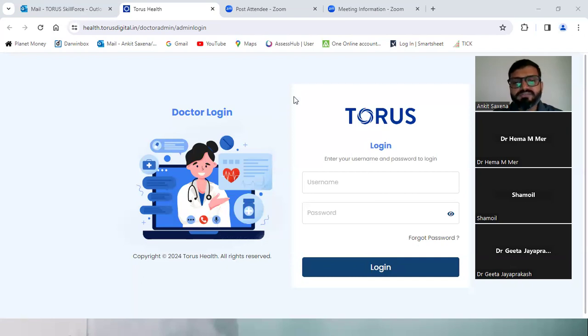Now, every one of you will have your username as well as the password. Dr. Divya, if you have the necessary login credentials, you can quickly log in here along with me. But what I would suggest, Dr. Divya, is that you just listen to me for some time. Understand what I am trying to teach you here, and I will take you through the entire website. It will be easier for you to understand. But it will be your choice, your call.